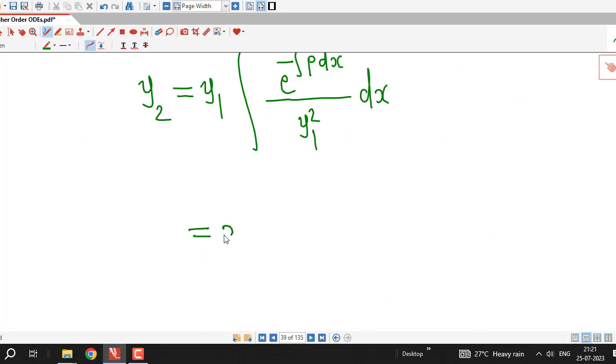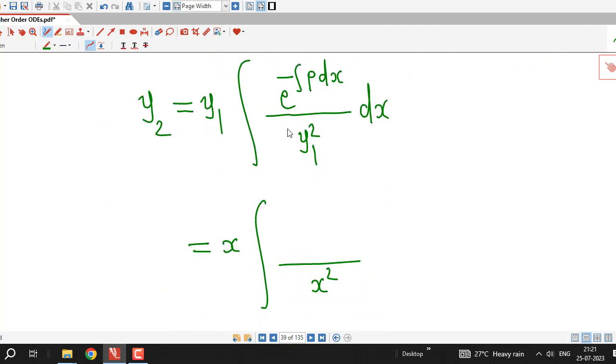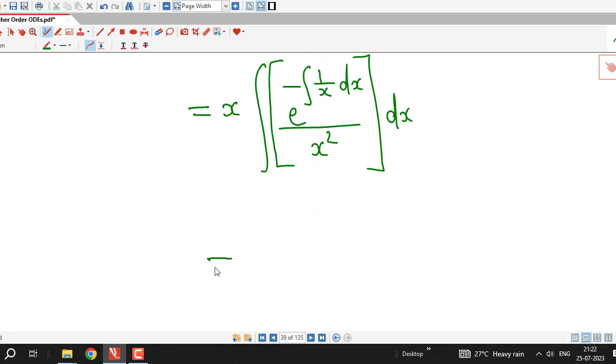So here I write y1 equal to x. Here also I will divide by y1 square, that is x square. P of x is 1 by x, so I integrate here e to the power minus integral of 1 by x, and whatever I obtain here, that again I have to integrate with respect to x,